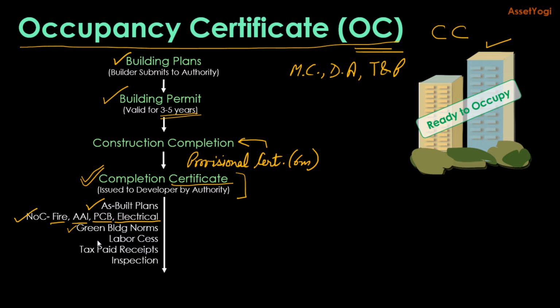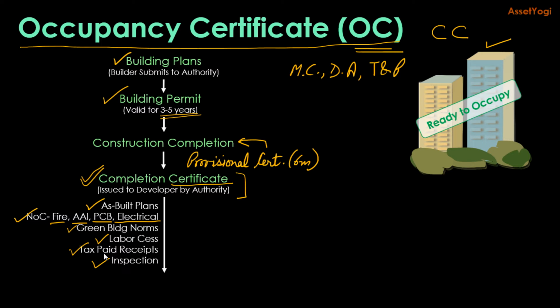And then the builder also has to submit all the labor cess receipts which he has paid, and the builder also has to submit the tax assessment documents and tax paid receipts. Then after studying and verifying all these documents submitted by the builder, the authority will make a physical inspection of the site,